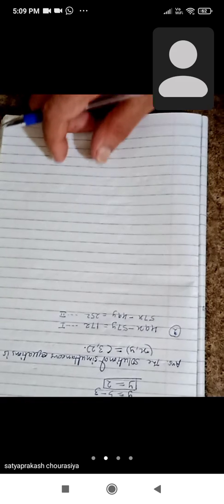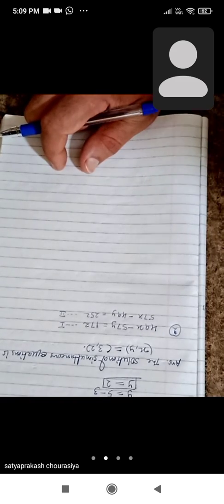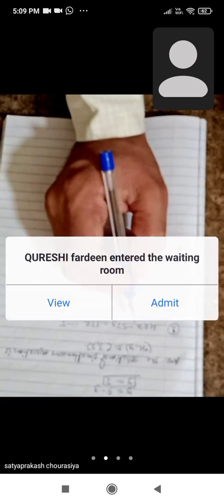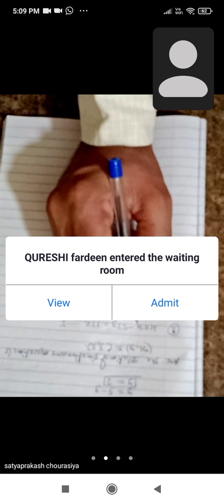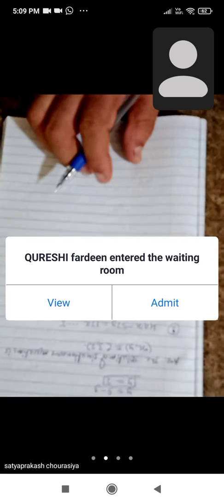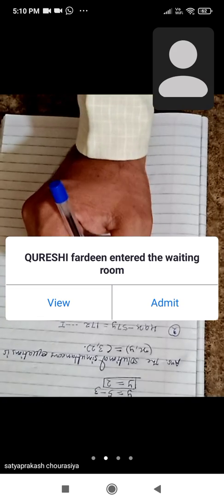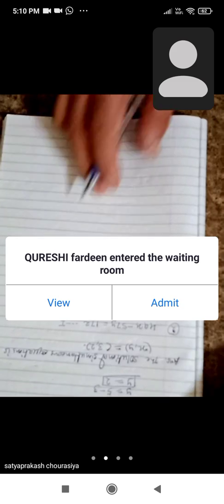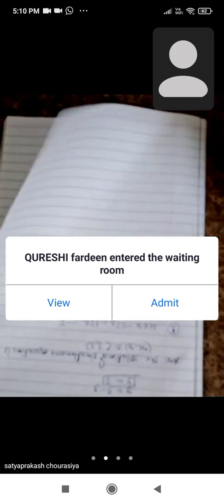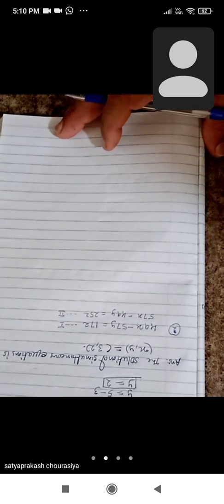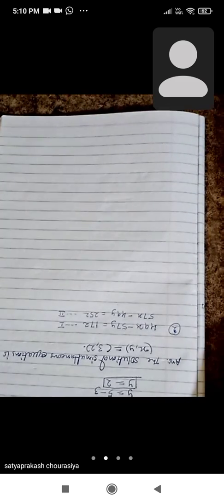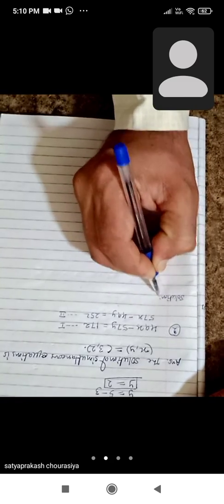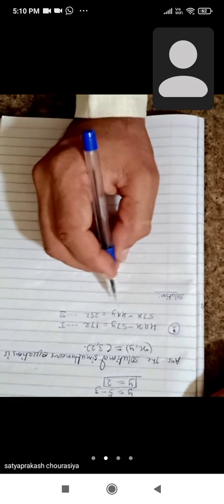Now, in these two simultaneous equations, the coefficients are interchanged. See, 49 is the coefficient of x in the first equation, and in the second equation 49 is the coefficient of y. In the first equation 57 is the coefficient of y, and in the second equation it is the coefficient of x. So when the coefficients are exchanged, we have to solve by the following method only, then you will get the solution. Now see the first step. First step of solution.